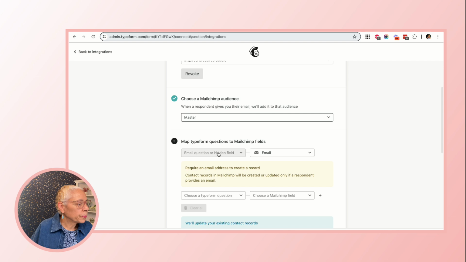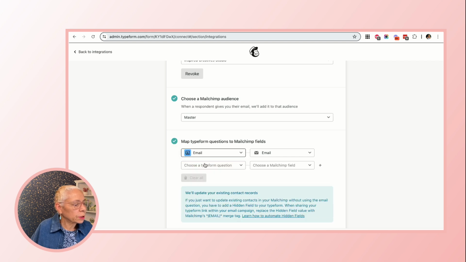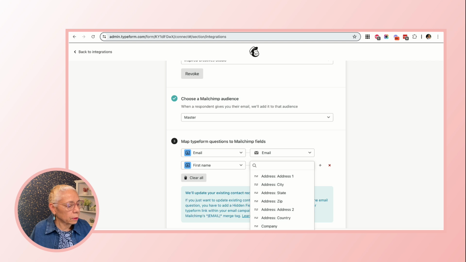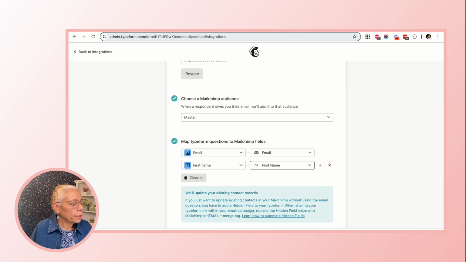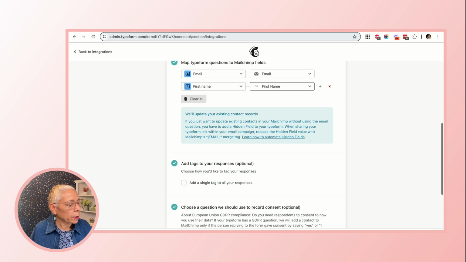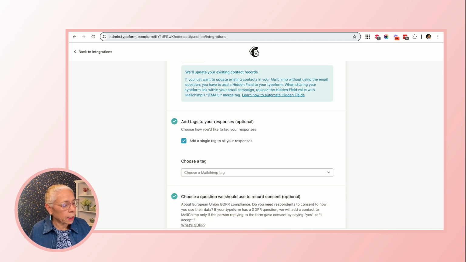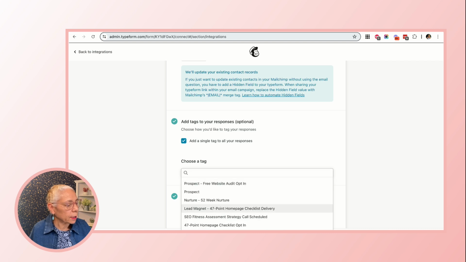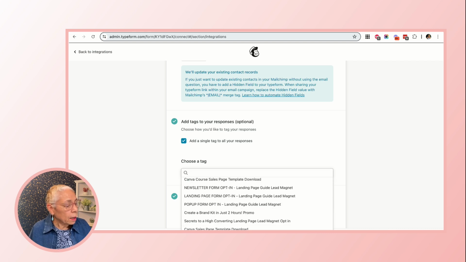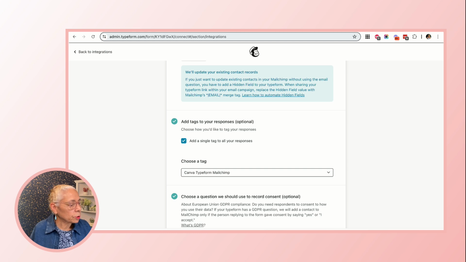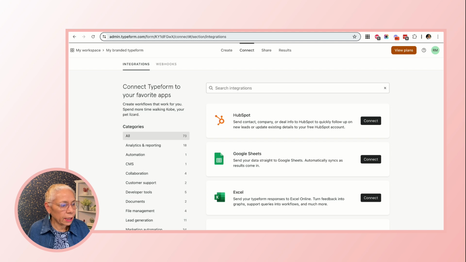So we got the master. This is the first question, is the email. We want to map that to the email in MailChimp. Then we're going to come down here. We want the first name. We want that to map to the first name field in MailChimp as well. Little yada, yada, yada. I'm not going to bother with that. I do want to add a tag to these contacts as they come into MailChimp. So I've got a tag set up saying, very plain, Canva Typeform MailChimp. And then I am going to save. Once we get that saved,